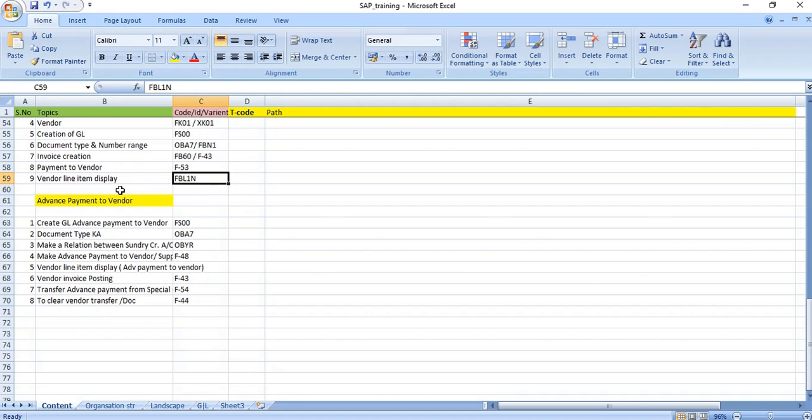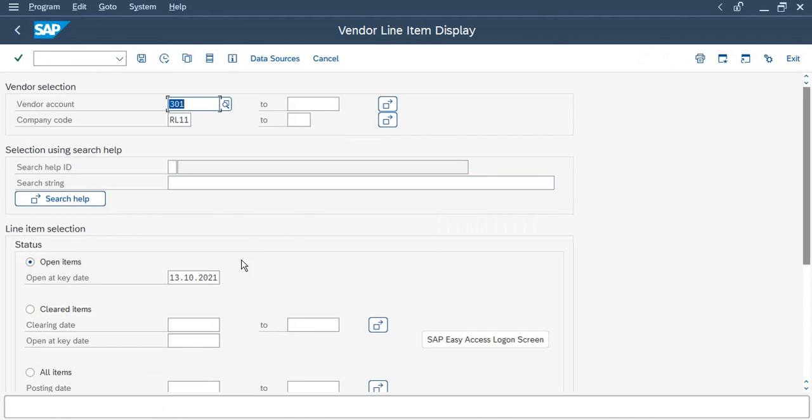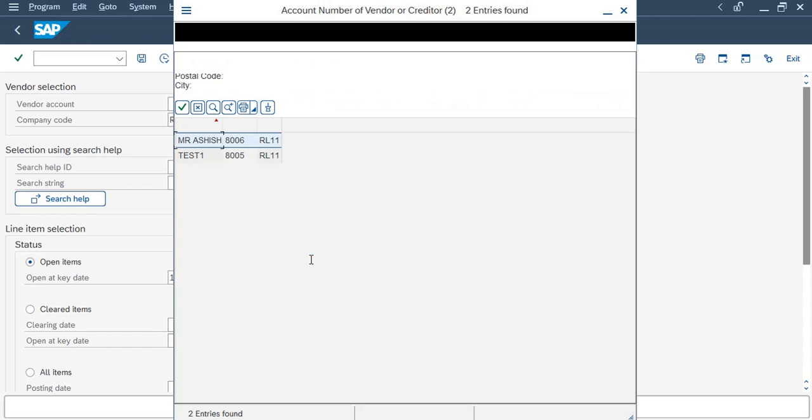So let's see where this T code is. Okay, where we can see the advance payment in our vendor master. Okay, so this is for RL11, and select the vendor against which we made the advance payment. Just select